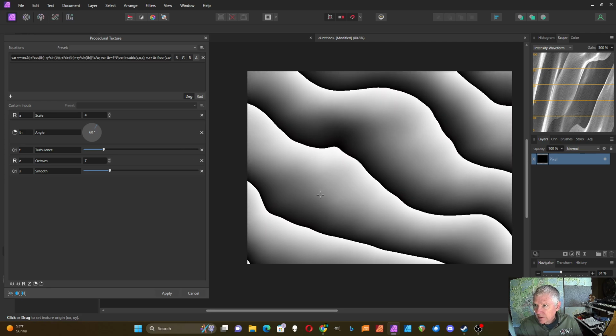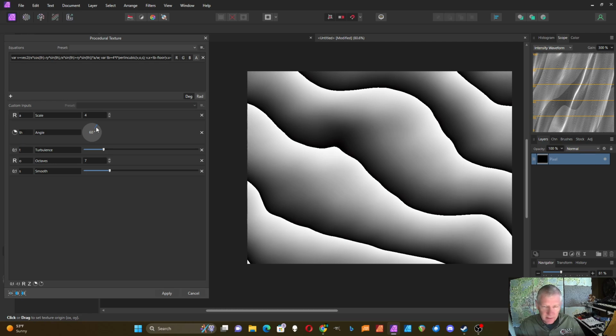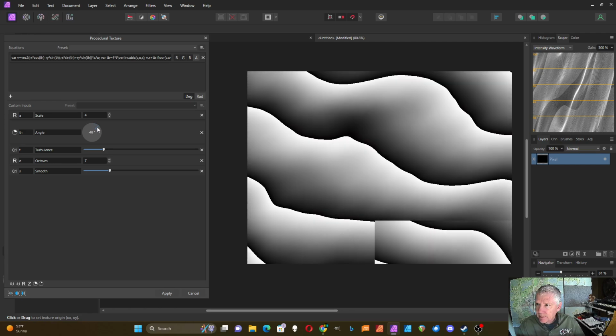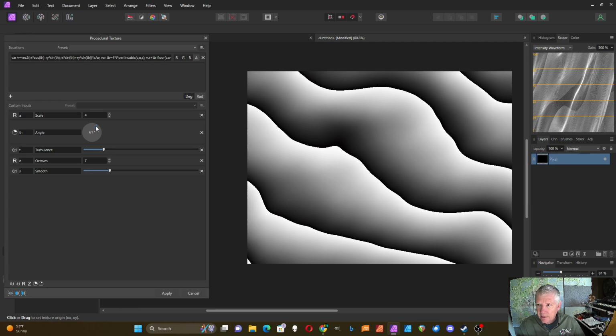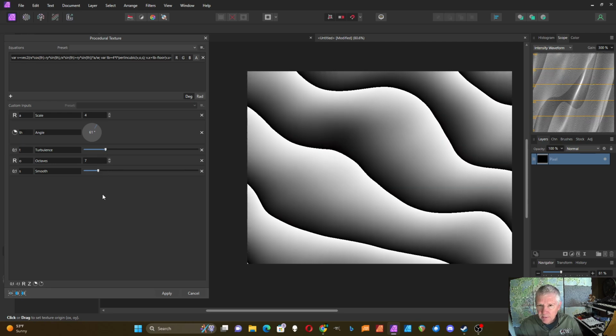And I sort of like these. I think I'll rotate it just a little bit further. Oh. And then I think I'll make it even smoother, somewhere around there. Okay, so I'm going to